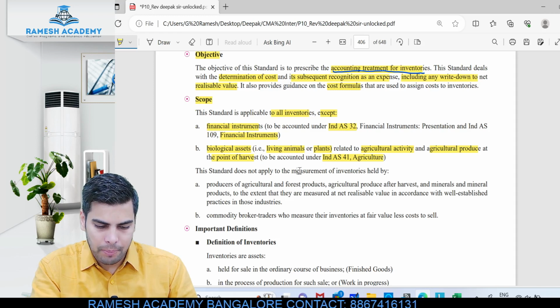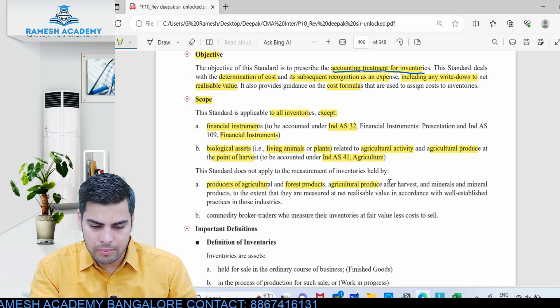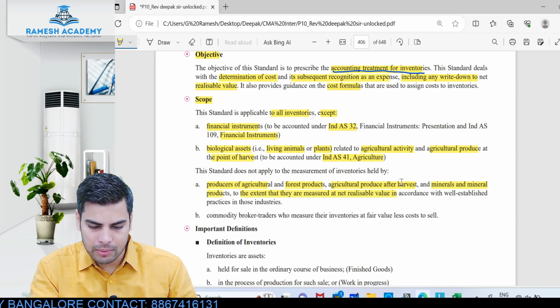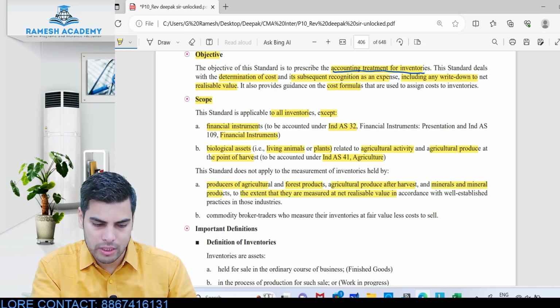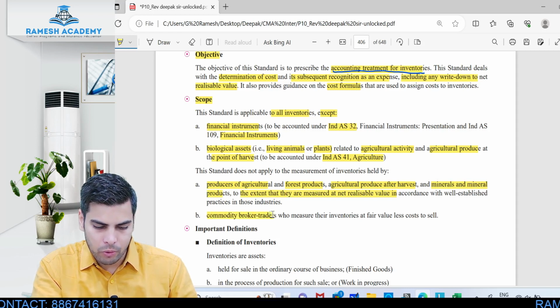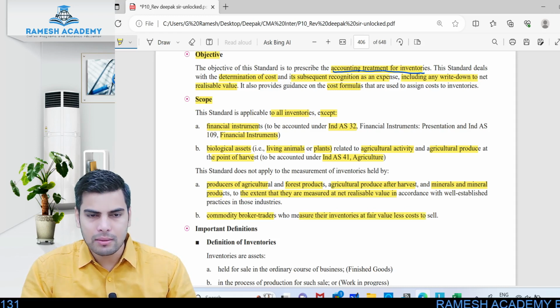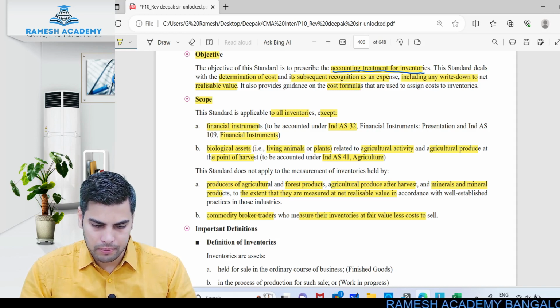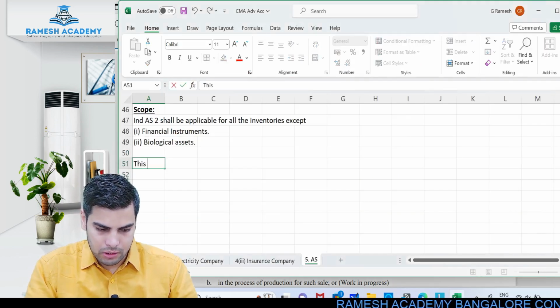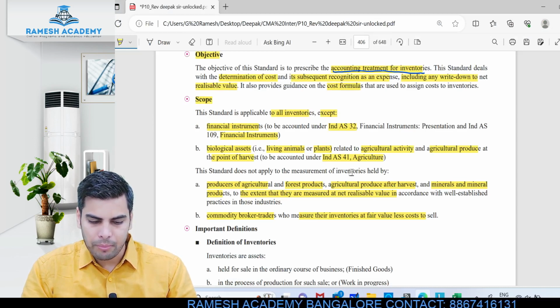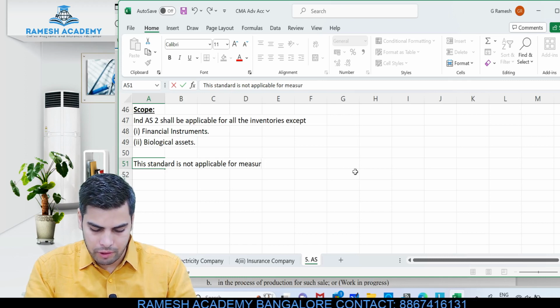The standard does not apply to the measurement of inventory held by producers of agricultural and forest product, agricultural produce after harvest, minerals and mineral products to the extent that they are measured at net realizable value in accordance with well established practice in those industries. It will also not be applicable for commodity brokers, traders who measure their inventory at fair value less cost to sell. So these are the places wherein this particular standard is not applicable. Let me write this. This standard does not apply for measurement of inventory